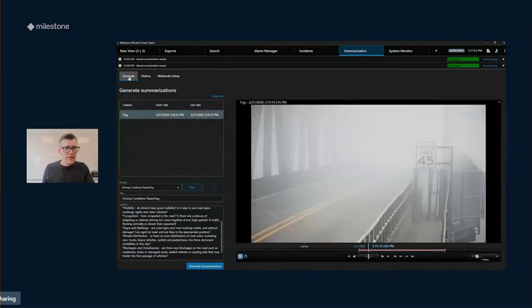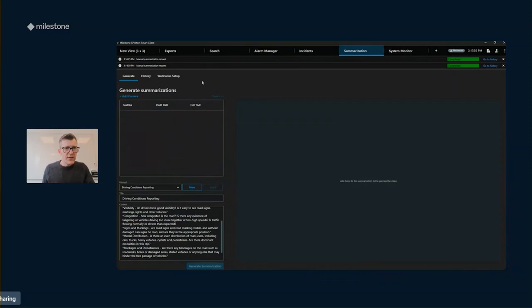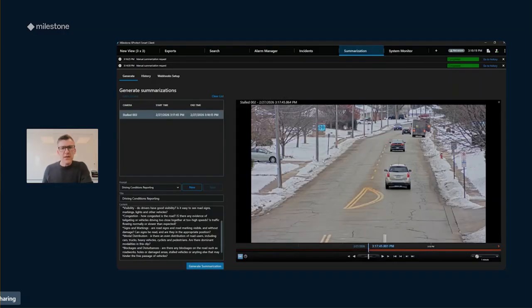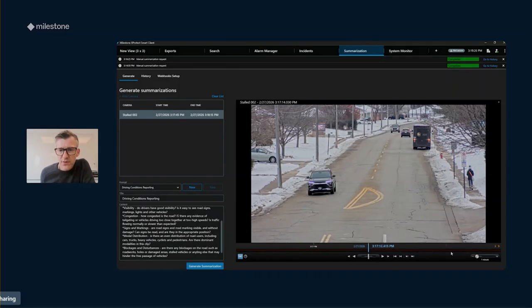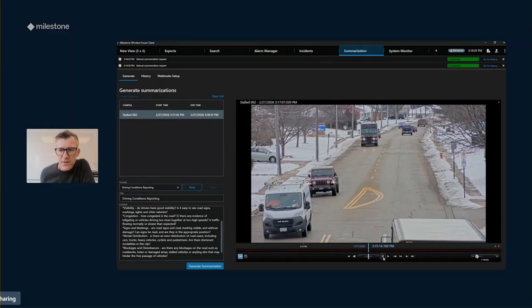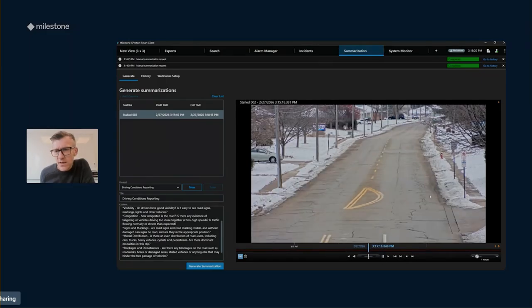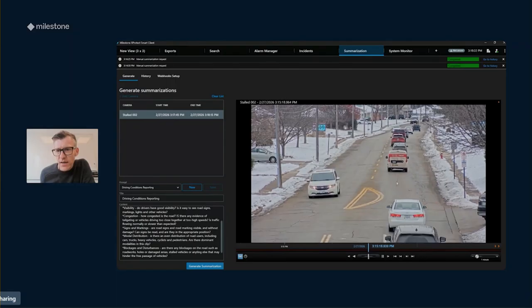Okay. So another example that I would like to give you is when you have an existing set of analytics that are performing some kind of detection where you may have, for example, false positives being generated. So in this clip, what we are going to observe, and if I roll back a little bit, is that we will see a UPS truck from this point driving into the scene